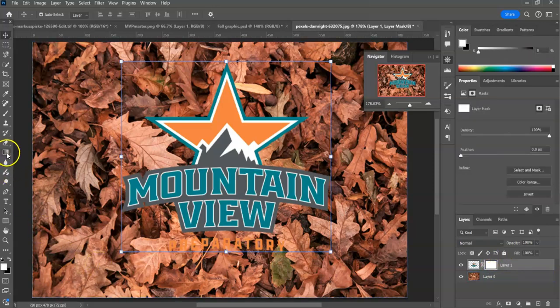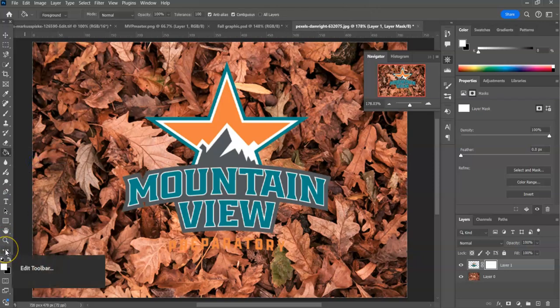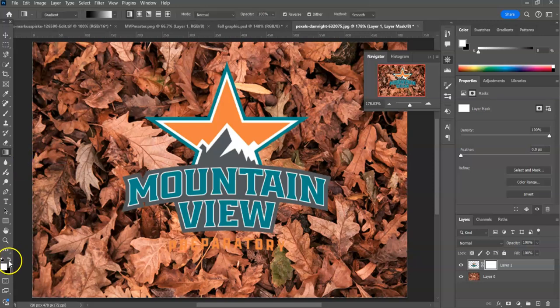Then go over to your gradient tool, and if you don't see it, it's probably underneath the paint bucket. If you don't see either the paint bucket or the gradient tool, always come down to the three dots here, and that will be your toolbar. So anyway, go to the paint bucket here. I'm going to go under to my gradient tool and make sure this is selected to black and white. Okay, and then all you need to do is make sure you clicked on the mask,